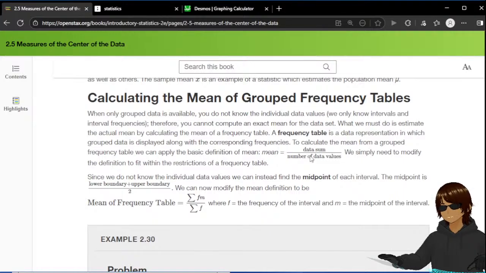To calculate the mean from a grouped frequency table, we can apply the basic definition of mean. Mean is equal to the data sum divided by the number of data values. We simply need to modify the definition to fit the restrictions of a frequency table. Since we do not know the individual data values, we can instead find the midpoint of each interval. The midpoint is the lower boundary plus the upper boundary, divided by 2. We can modify the mean definition to be,